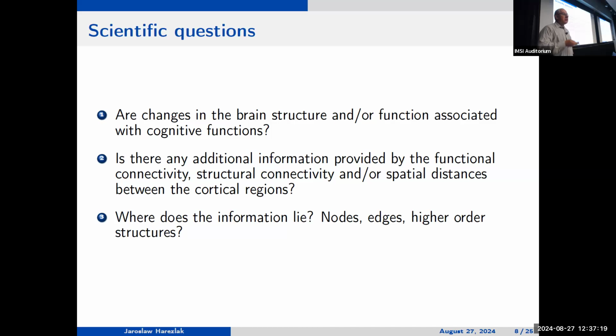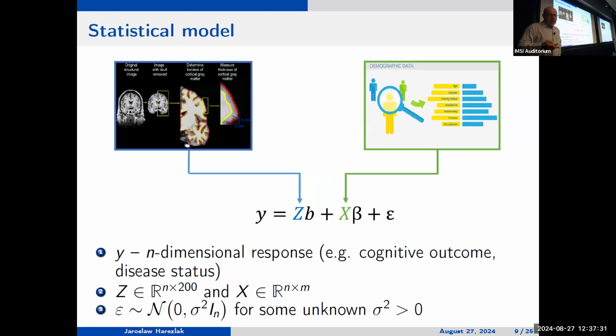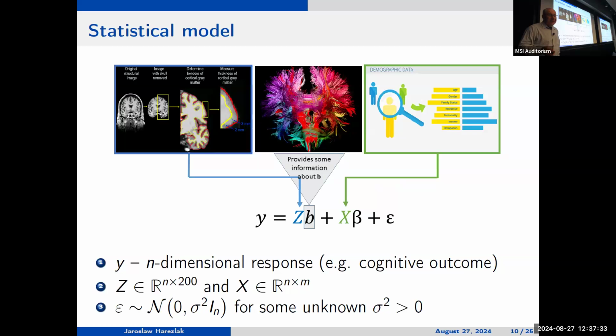So, for example, with triangles or tetrahedra or pentachora or the other structures going into higher dimensions. So the question is, is there information there? Does the information lie there? So what we do, we start with a very simple model where we're trying to predict an outcome from the information that we have, let's say, from anatomy, but using this additional information, for example, structural connectivity.